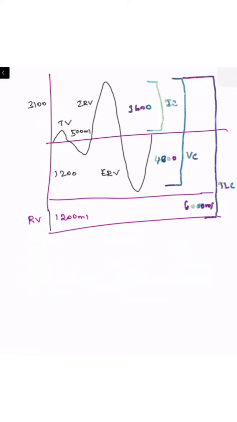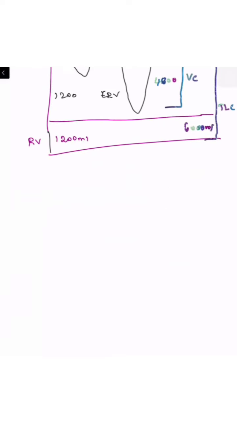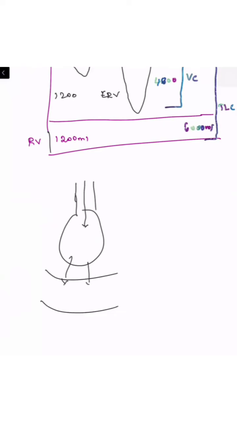So this functional residual capacity is the basis for normal oxygenation happening in our lung. The alveoli have to be expanded even at the end of expiration. Normally, the air is entering into the alveoli. We have discussed this already, and it has to diffuse through the alveolar capillary membrane, and any abnormality happening in this basic mechanism will result in hypoxia.